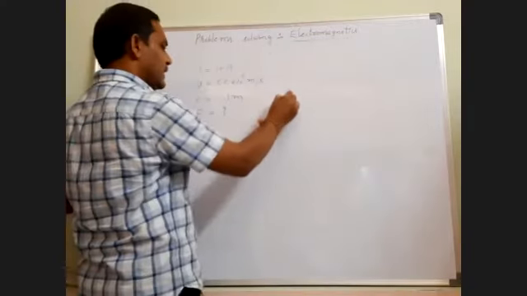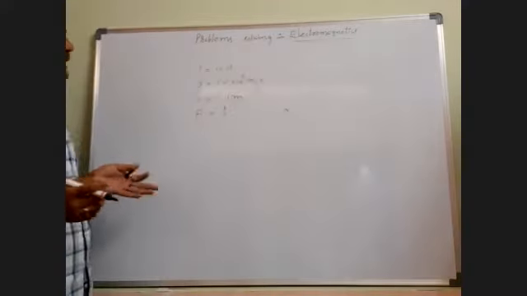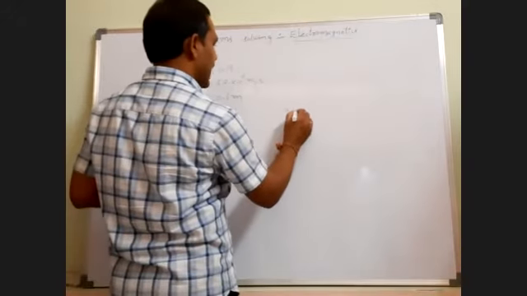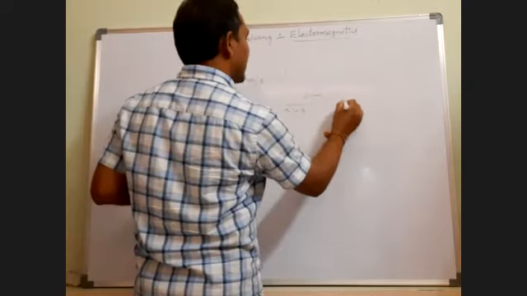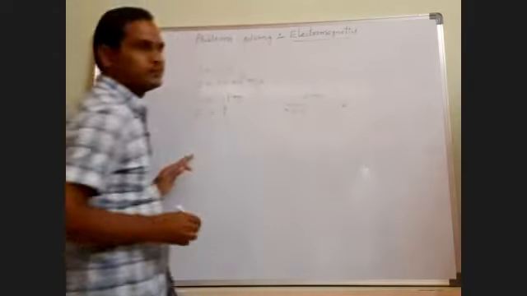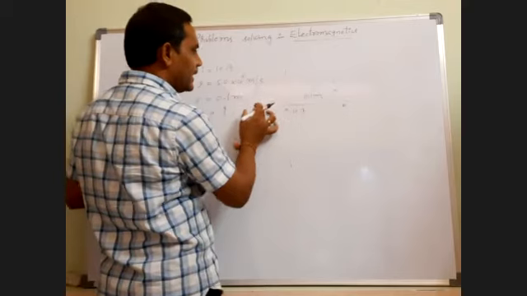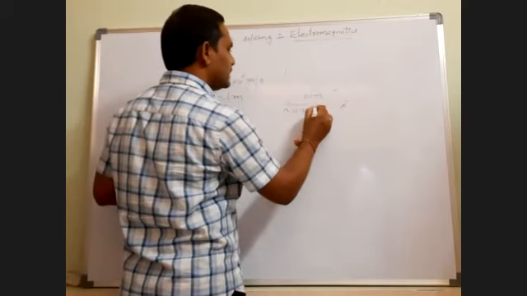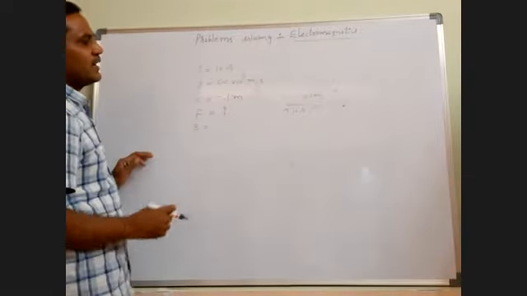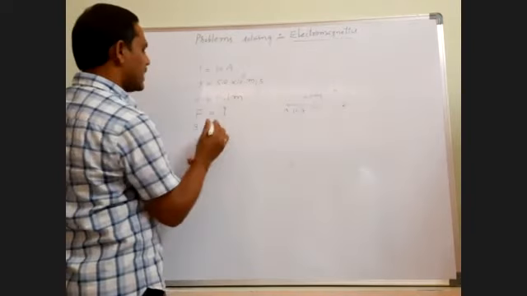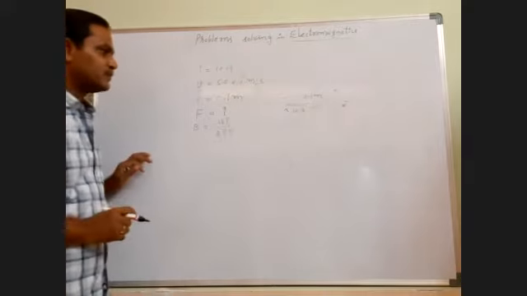So here the current flowing through the long thin wire, which is of infinite length, is given as 10 amps. At the distance r equal to 0.1 meter, an electron is moving parallel to this wire. Due to this current carrying conductor, the magnetic induction field strength at the distance r, we have the formula by using the Biot-Savart law or Ampere circuit law: at the distance r, B equals mu naught I by 2 pi r.